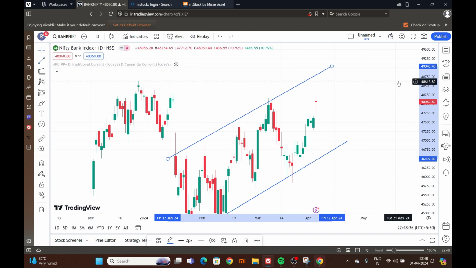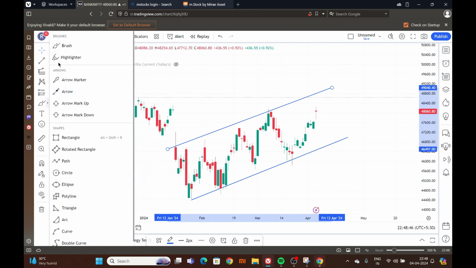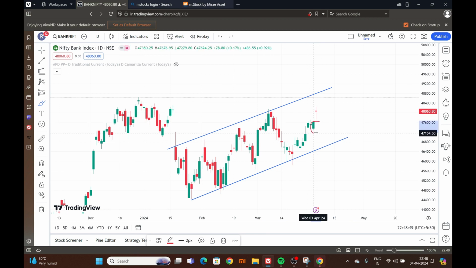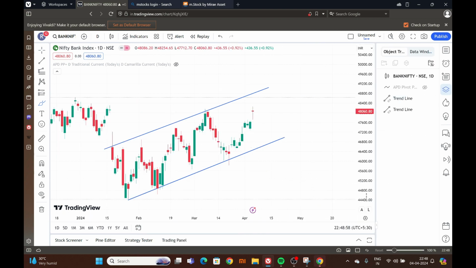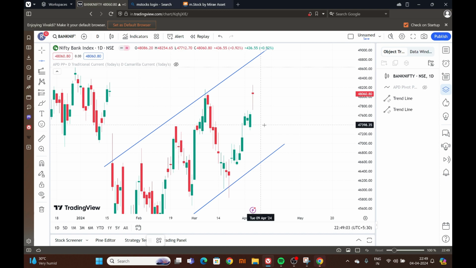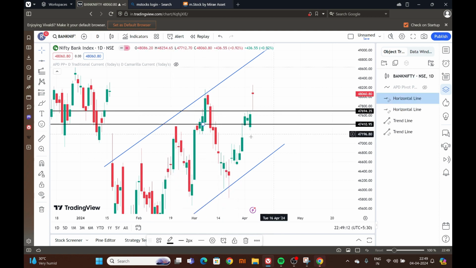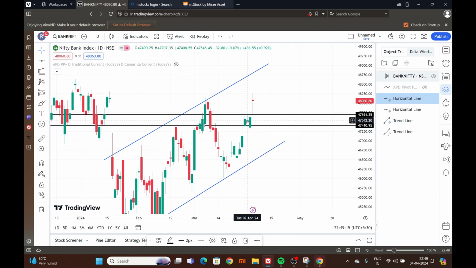I'm assuming it's making a channel. Now, second thing, we need to see the previous day, right? Because we had taken a position in this day, what could be the potential movement? So first thing, we'll try to mark the levels. Let me put the day high and low. First thing, see, the day before it is bullish, right? You can see this is a gap up and bullish, this candle. And the next day was a